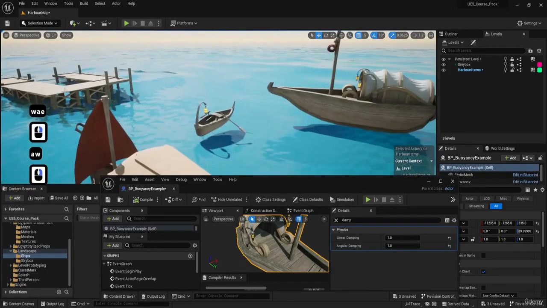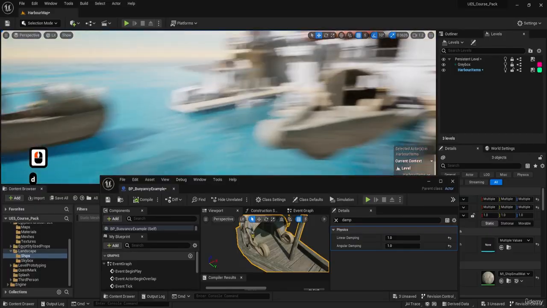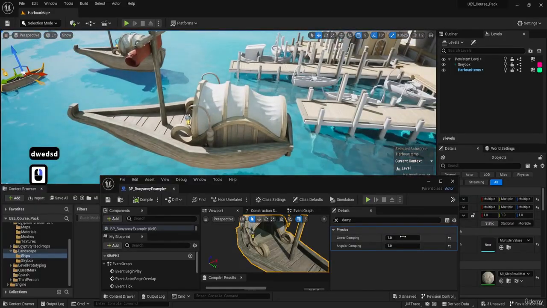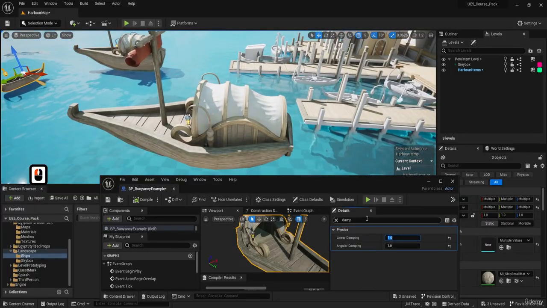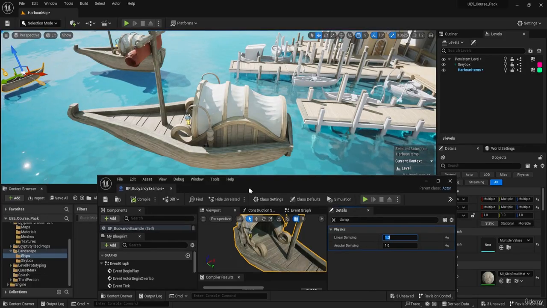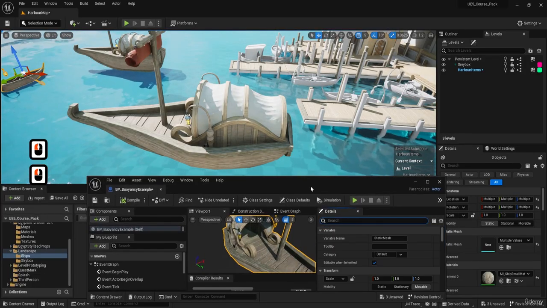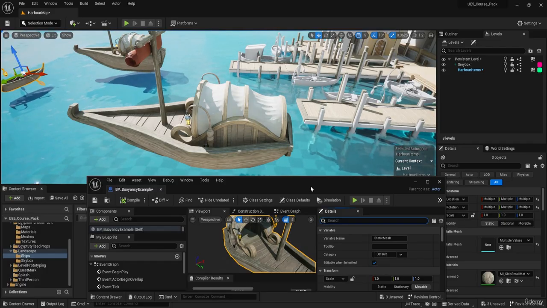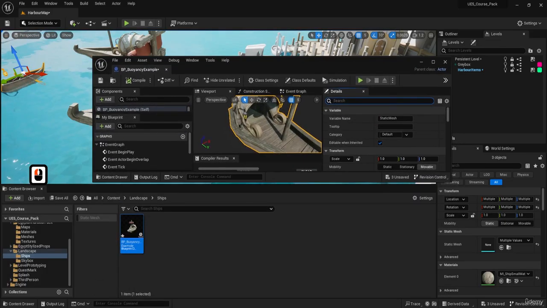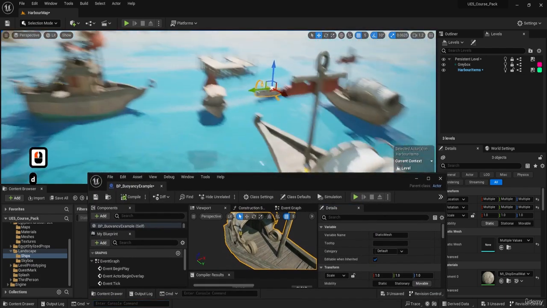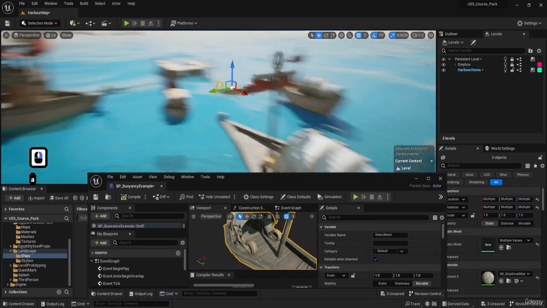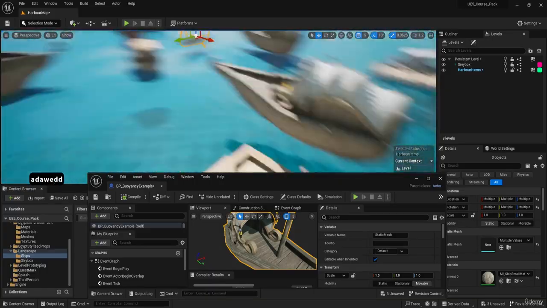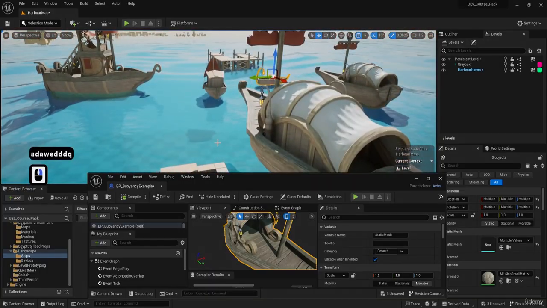I would recommend increasing the damping for larger boats. Maybe this one is going to be better for a smaller boat, and we can even increase linear damping to 0.5 on the larger one. For now though, I'm going to keep it as is, as I quite like the results. And yeah, that's pretty much it in regards to the setup of physics collision. We're going to be turning off the debugging that we used this lesson afterwards, but we still need to set up a couple of other boats, which we're going to do in the next lesson. So yeah, thank you so much for watching, and I'll be seeing